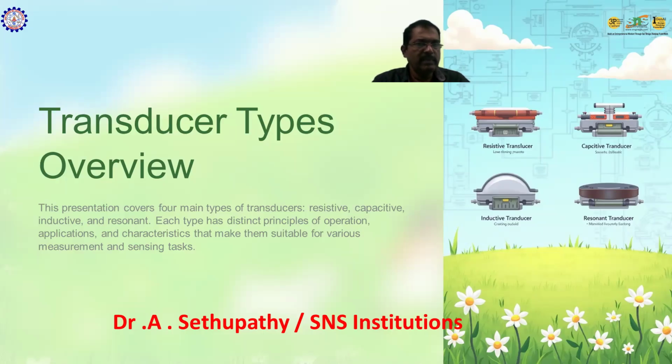Each type has distinct principles of operation, applications and characteristics that make it suitable for various measurement and sensing areas. So these four different types of transducers are used in different sensing areas. Okay, we will see the first one,